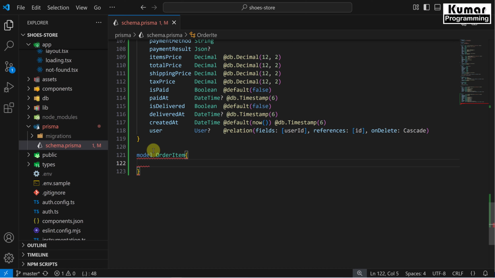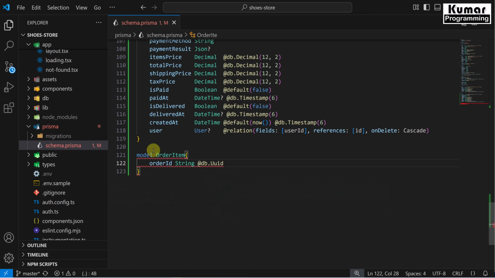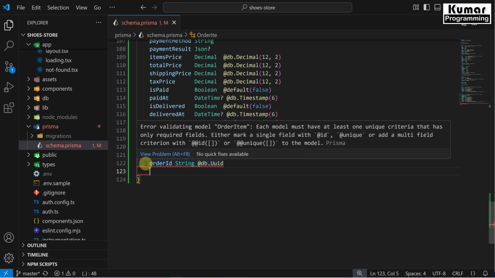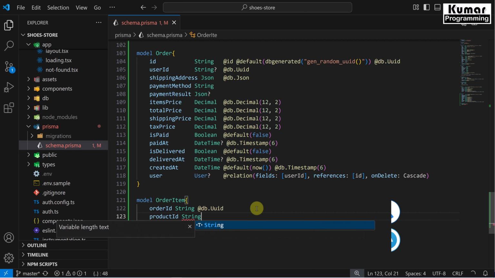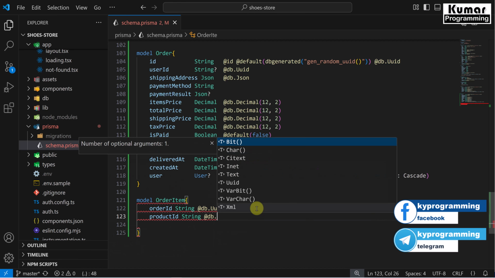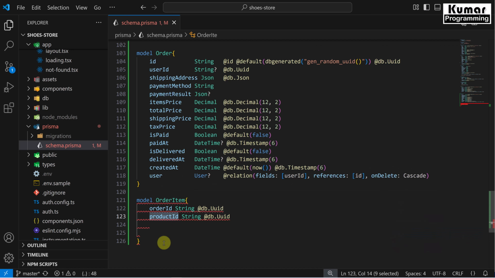So the very first field would be orderId. It would be a string and the annotation would be db.Uuid. Okay. And this orderId has the relationship with our order table. So whatever the ID which we have here, we are going to maintain over here as well. And the next field which we are going to have is productId, and this would also be a string and the annotation would be db.Uuid. Okay. Since for both orderId and productId we are getting the reference from the order and product tables,